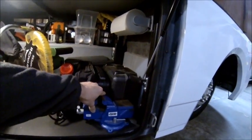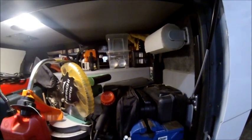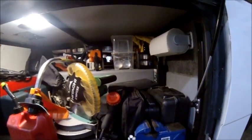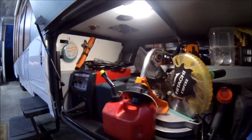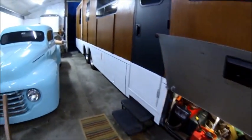This vise will soon be mounted into that trailer. I'm going to have a nice workbench in there. Like I said, a lot of these tools will end up being transferred into that trailer once I get that all finished up. So this is kind of what I'm going to work on. Just do some organizing. I've also got another cabinet here that I want to...